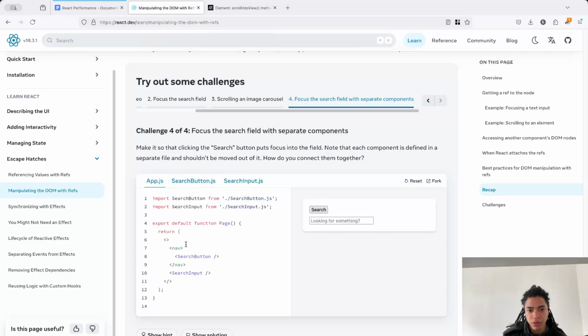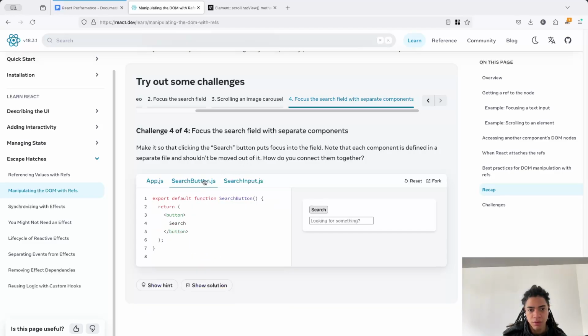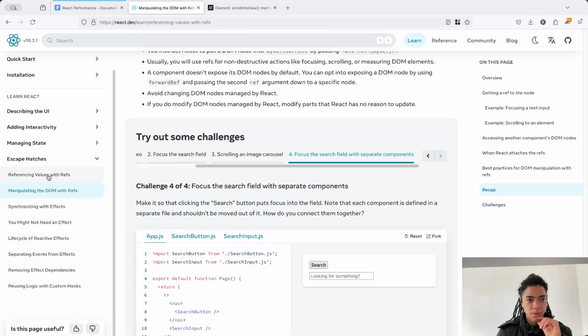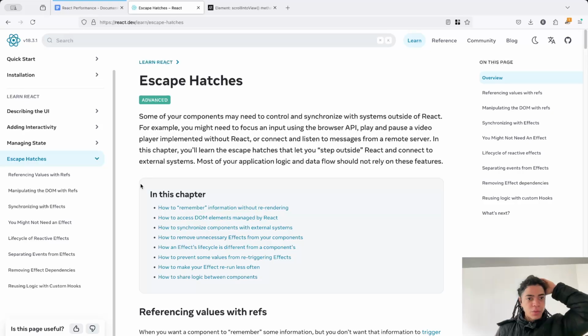Oh, okay. You're actually rendering this in different elements. Therefore, it's going to reset the state. Looking for something. Search button, search input. Focus the search field with separate components. Make it clickable in search button. Okay. But first things first, as a way to recap this,